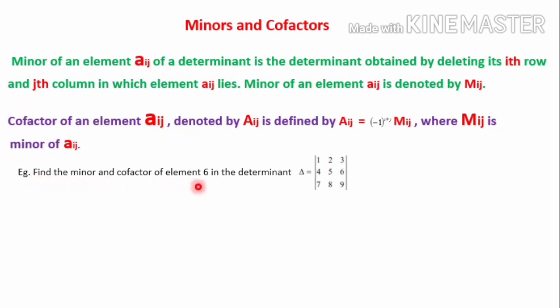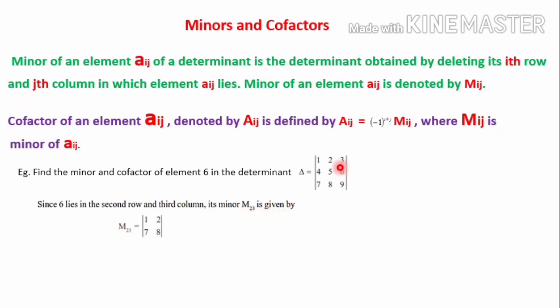So let's take an example. Here, find the minor and cofactor of element 6 in the determinant. Here element 6 is in the second row and third column, second row third element, that is 6. Since 6 lies in the second row and third column, its minor M23 is given by